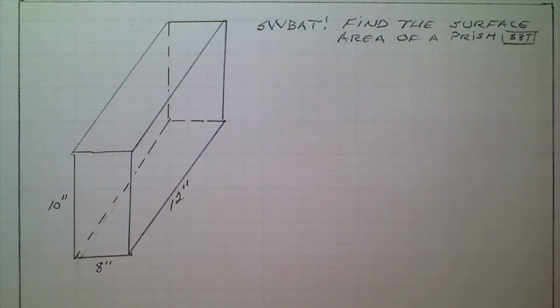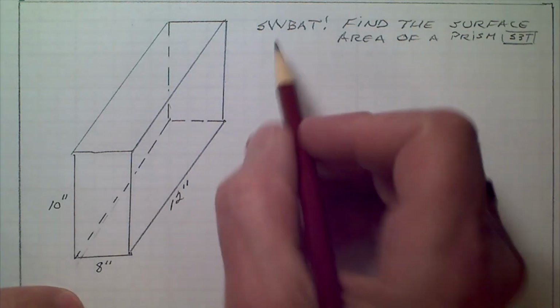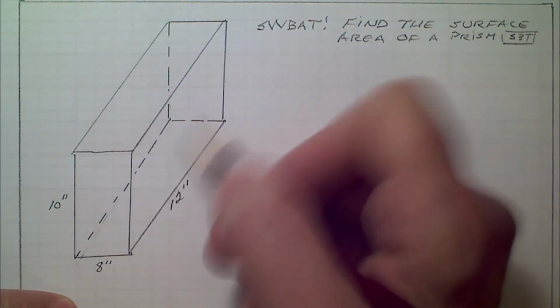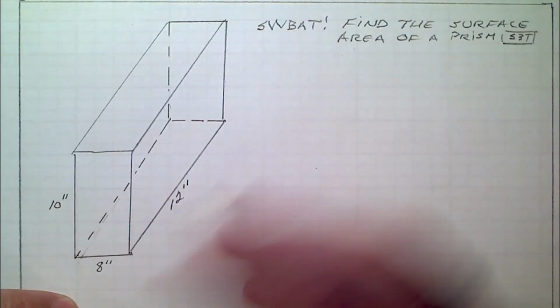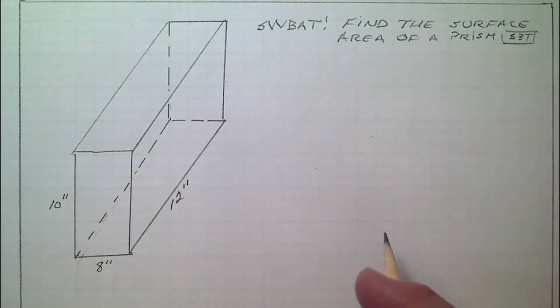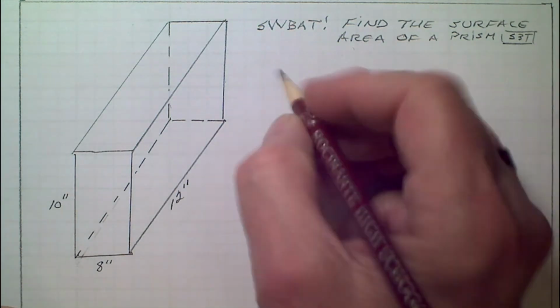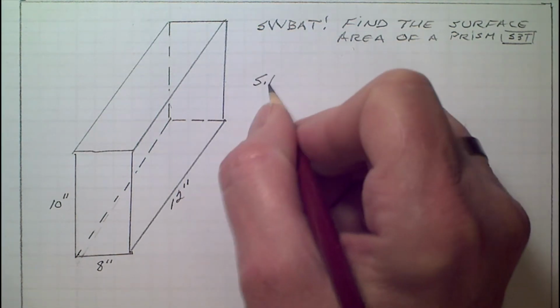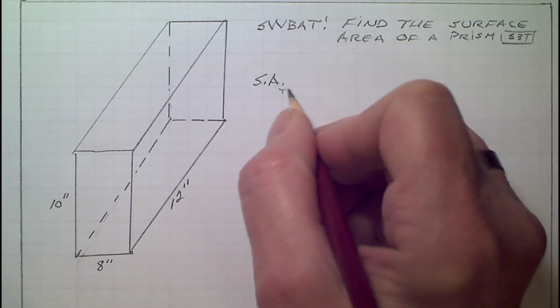So today we're going to move on with area now that we know what a polyhedron is. We're going to go three-dimensional. Okay? So the student will be able to find the surface area of a prism. How much area is there on this entire surface? Well, I'm going to use the glass box method. I'll give you a little graphic organizer to help you. Surface area, which is the total area,